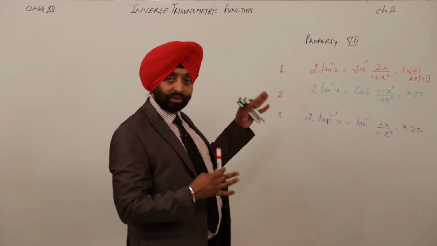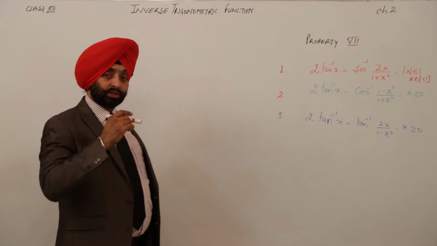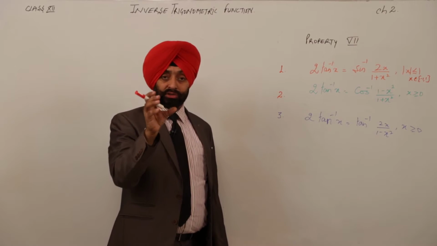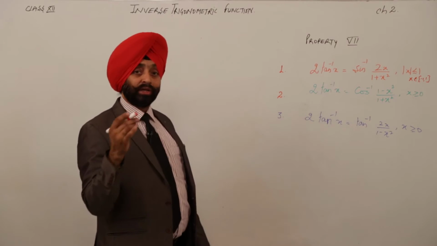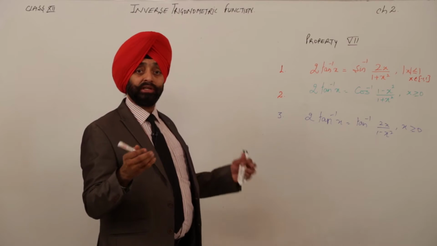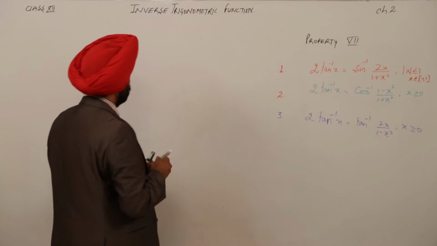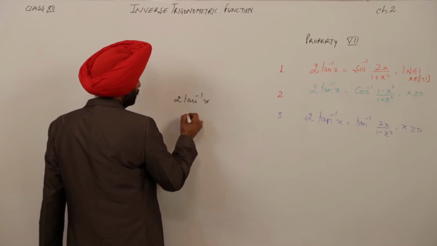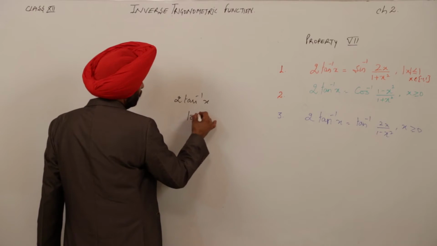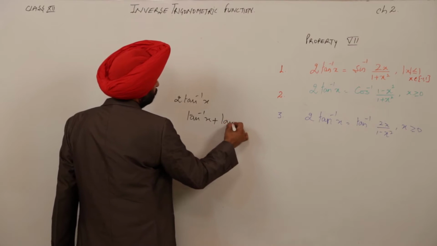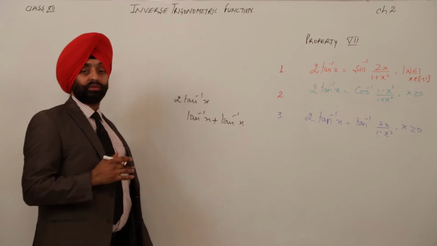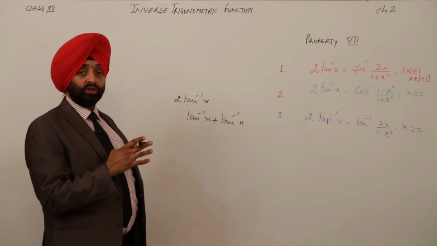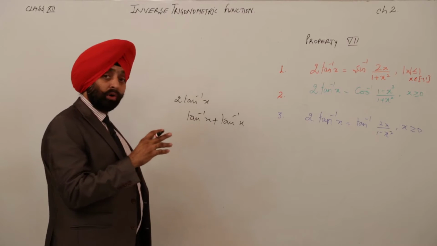So, what is this for? This is to convert. Suppose the question is sin inverse plus cos inverse. Can we convert that cos inverse to sin inverse? Similarly, if we have 2 tan inverse x, what does it basically mean? Just look here, we have 2 tan inverse x. This part, can we write it as tan inverse x plus tan inverse x? Here we can use the property tan inverse x plus tan inverse y. So, we are getting the question in the form of tan only.